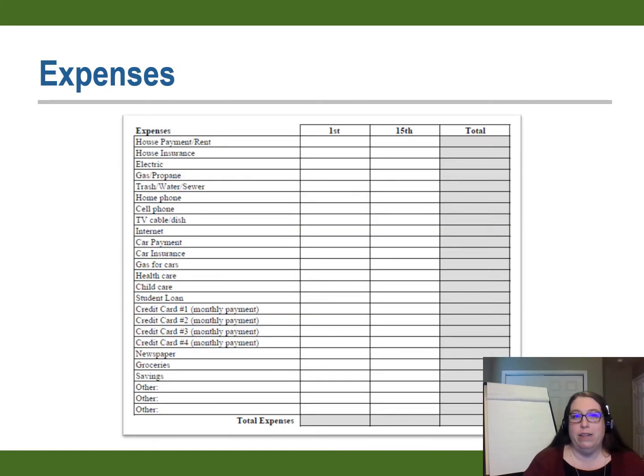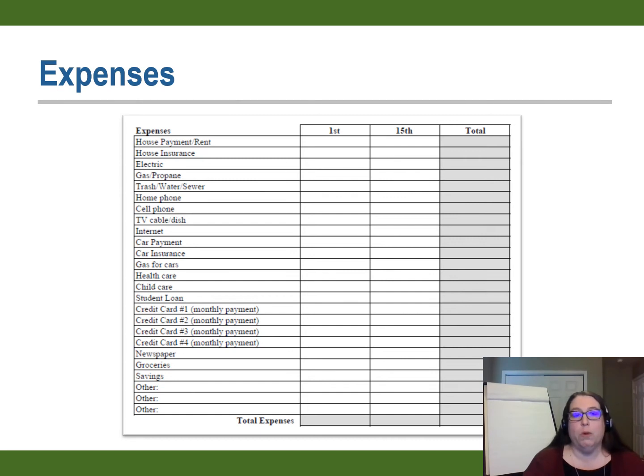The second section of the form looks at your expenses. In this section, you'll want to list all of the different household expenses you pay each month. There are rows for house or rent payments, utilities, car payments and car insurance, healthcare and child care costs, and other common household expenses. There are multiple columns in case expenses occur more than once a month, like buying groceries or gas. Again, the important part of completing the expense section is not having everything filled out perfectly, but to think about and write down how much money leaves your household each month.